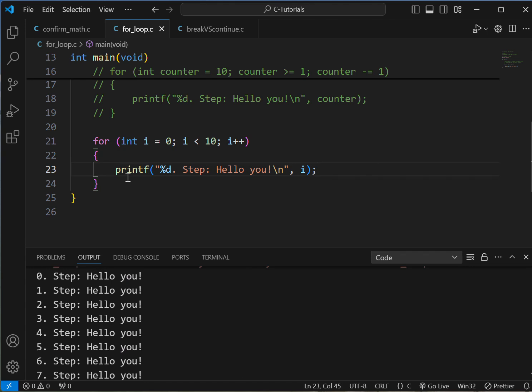Okay, this is the for loop. I hope it was clear,